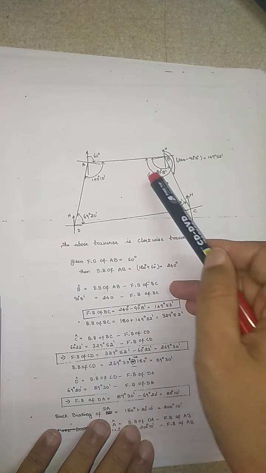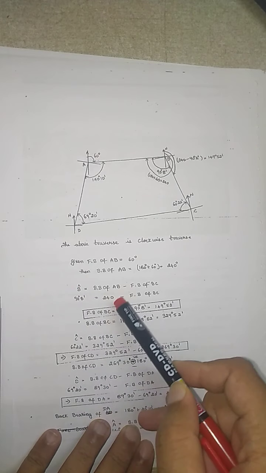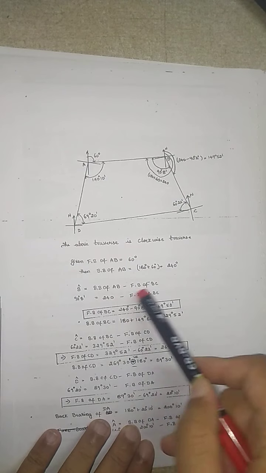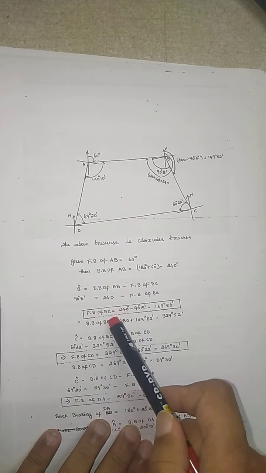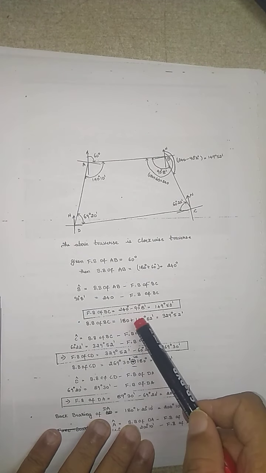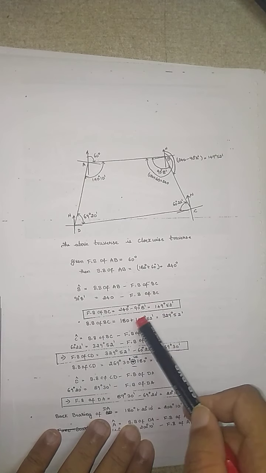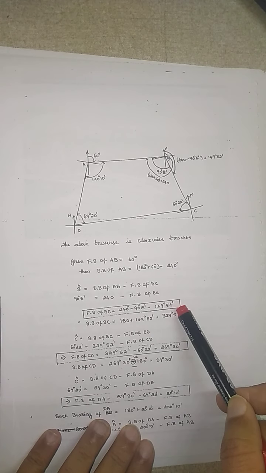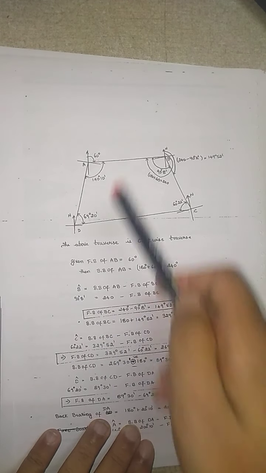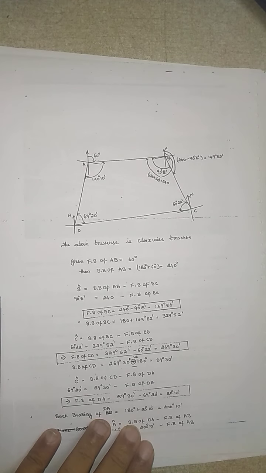So B is nothing but the included angle, and the back bearing you have already calculated as 240. So you need to find the forebearing. So the forebearing of the line BC is 240 minus 90 degrees 8 minutes. So you are going to get it as 149 degrees 52 minutes. Now again you need to have the back bearing. In order to calculate the line BC, you need to have the back bearing of this.